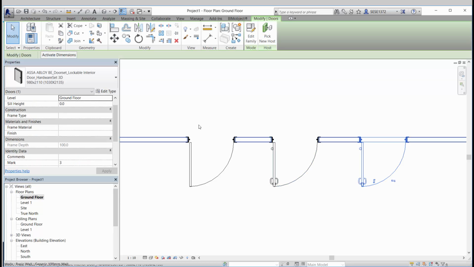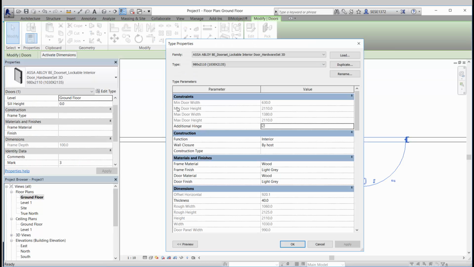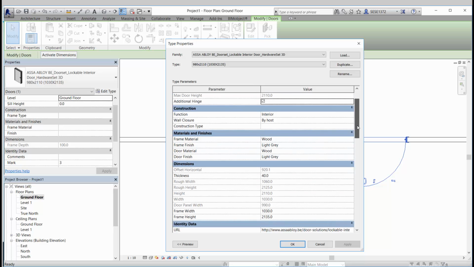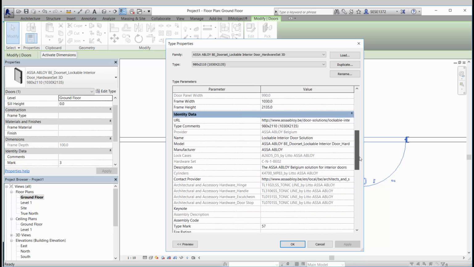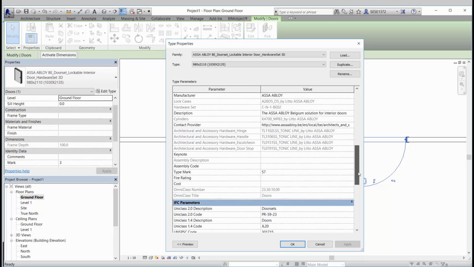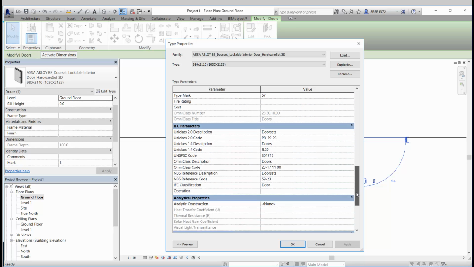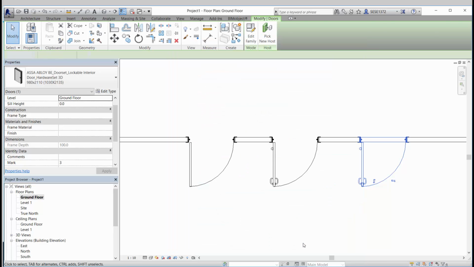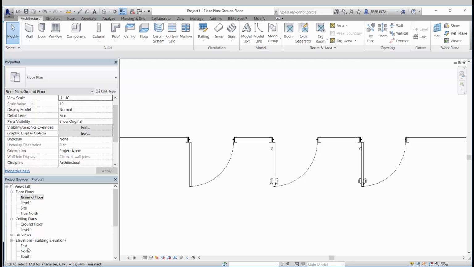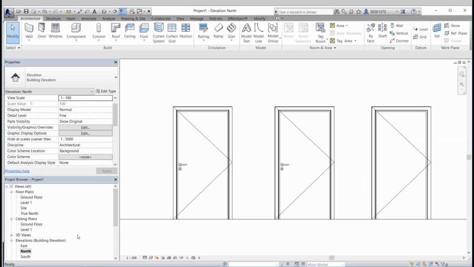We also, of course, have the different levels of detail here. As you saw, we switched to fine, and when I select a solution, we can actually in the type settings see the different hardware which is included in this solution, as well as links back to ASSA ABLOY and other useful information. So we'll jump into an elevation view here,